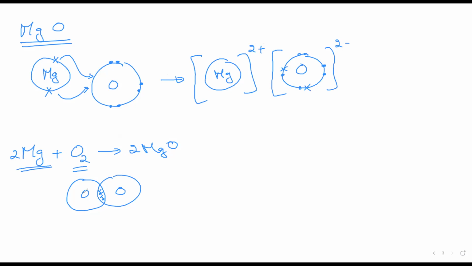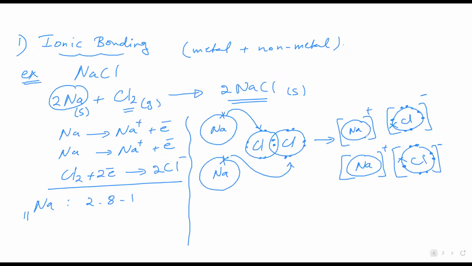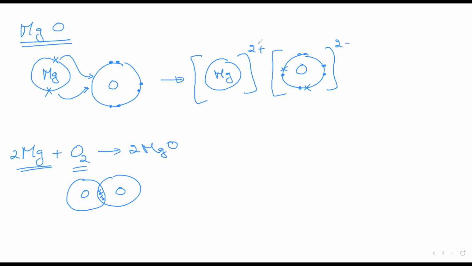But also, like in the sodium case, 2 atoms of magnesium would react with 1 molecule of oxygen to form 2 moles of magnesium oxide. And we have to show outer shells only. Now, after sodium forms the positive ion and the chlorine forms the chloride ion, or the magnesium shows the +2